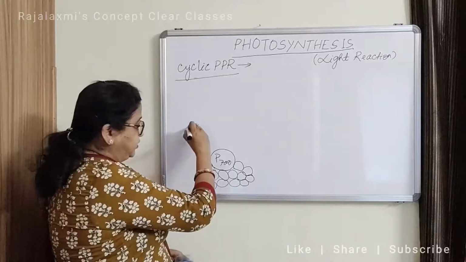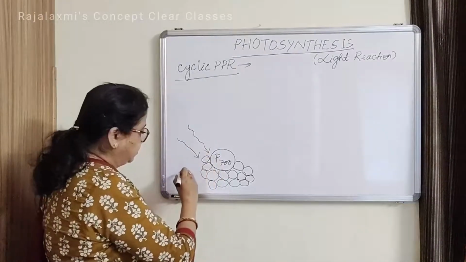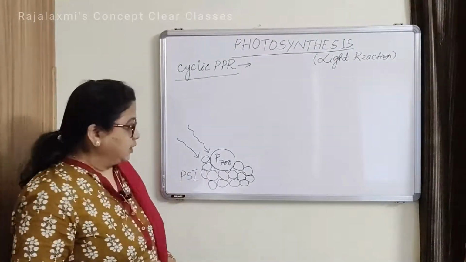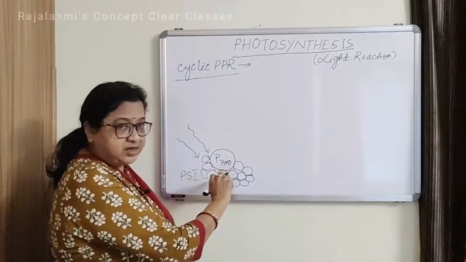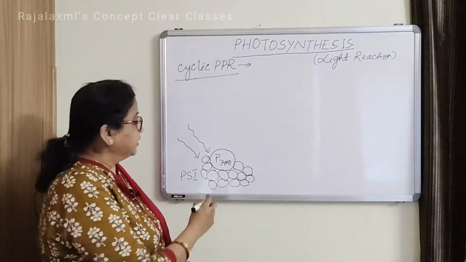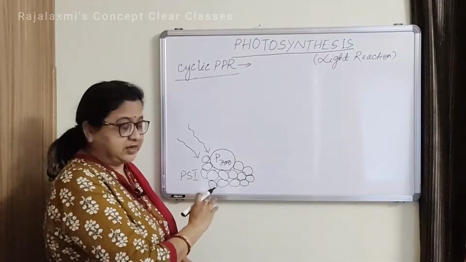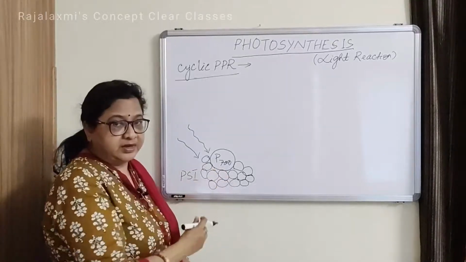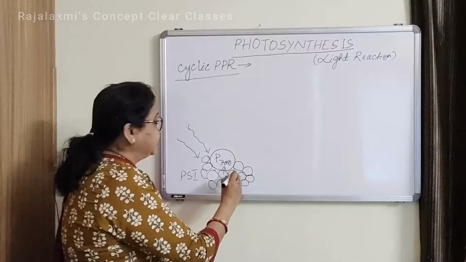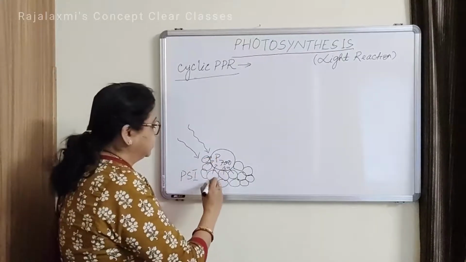When light falls on this photosystem 1 or pigment system 1, then the P700 molecule absorbs light at 700 nanometer and all other pigments also absorb light at their respective wavelength of light. Then all the light energy is transferred to the reaction center,